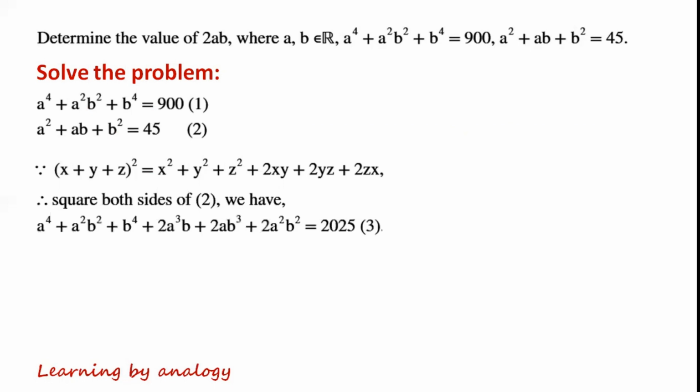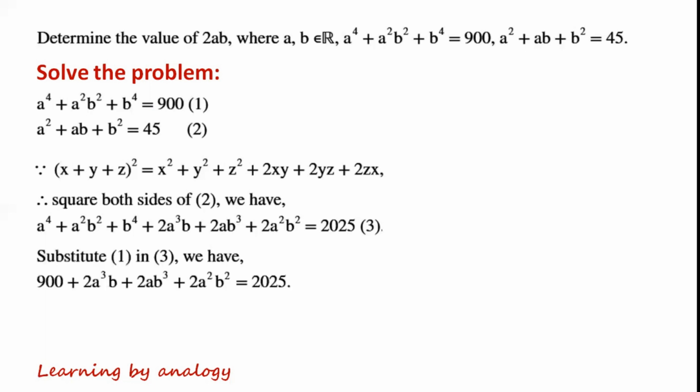So by squaring both sides of equation 2, we have a to the power of 4 plus a squared b squared plus b to the power of 4 plus 2a cubed b plus 2ab cubed plus 2a squared b squared equals